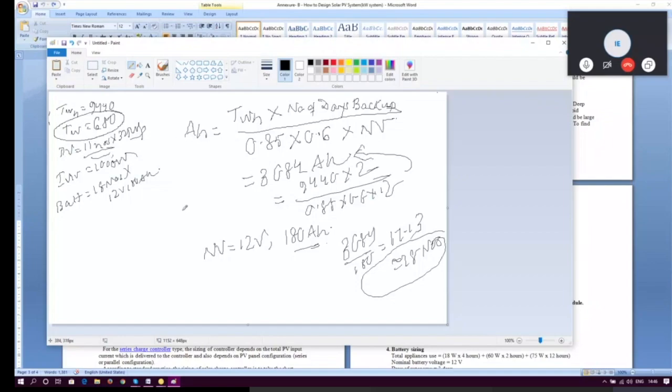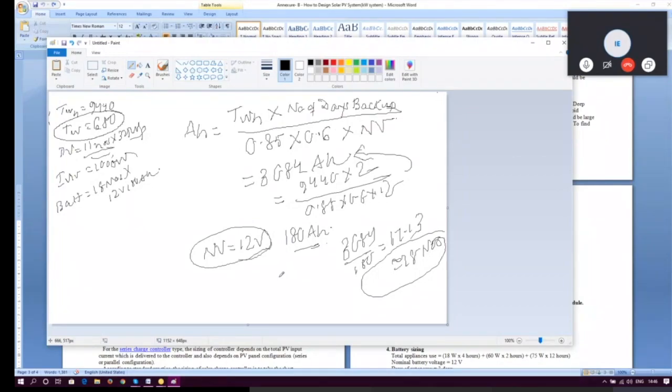Now the question comes whether we need to connect all the batteries in series or not. We have the nominal voltage as 12. If there is no inverter, we are not putting in any AC load. The general operating low voltage of a DC load is always 12 volt. So we have no problem. We can directly connect all the batteries in series. Again I'm repeating, if we are not using an inverter to convert to AC load, the operating voltage of a DC load is generally 12 volt. So whatever number of batteries we are getting, we can connect all the batteries in series.